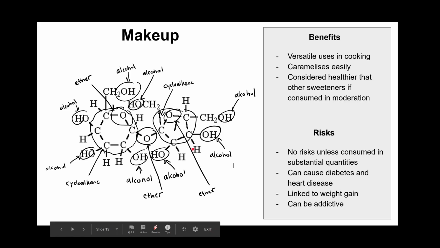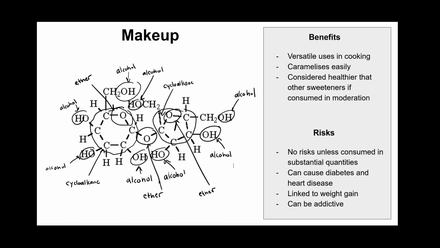So the benefits of sugar versus other sweeteners are that it's considered healthier than a lot of other sweeteners, like high fructose corn syrup and artificial sweeteners, which you see in 0-calorie beverages and sugar-free stuff and all that, which are often carcinogenic. So unless you're consuming a lot of sugar, which you shouldn't be,